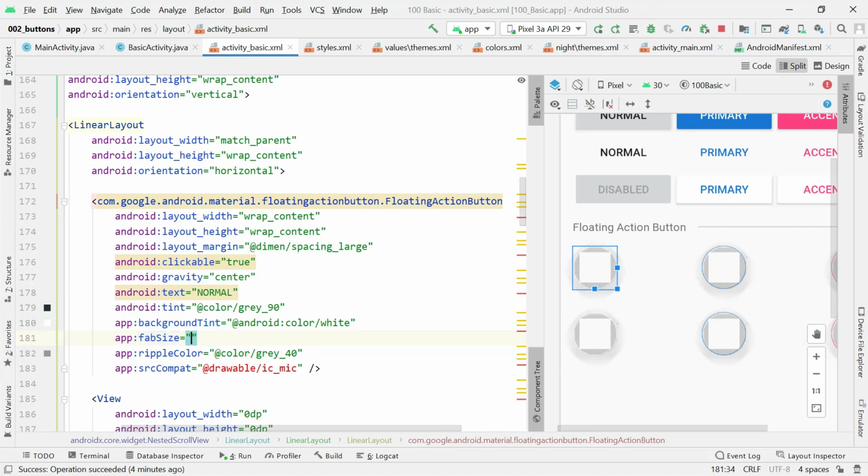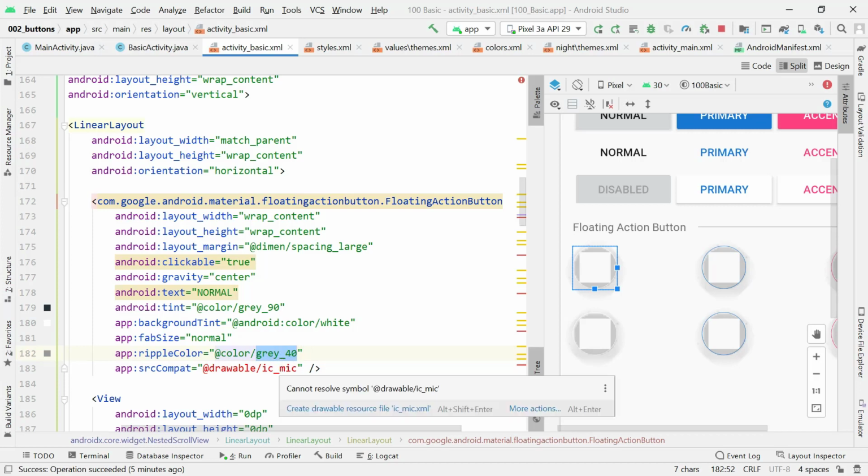This fab size, just press Ctrl and space. You'll see different sizes that you have. I have auto, I have mini, and you have the what? You have the normal. So I'll make it normal, and then I set the ripple color. It should be gray, so that when someone clicks on it, the color that should ripple, like acting in the background, it should be gray 40. So you can also play with these ones. And then the last one is the what? Is the src, or the source. So this source is the icon that it's going to be in the